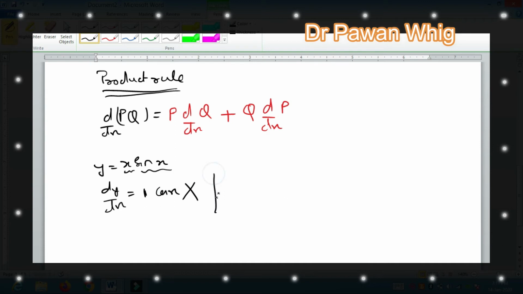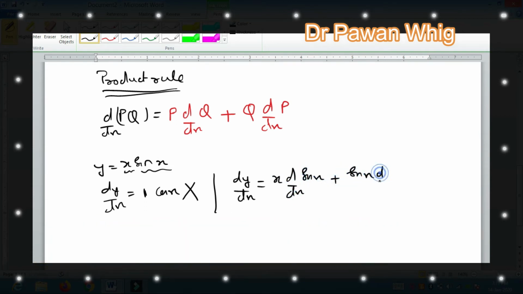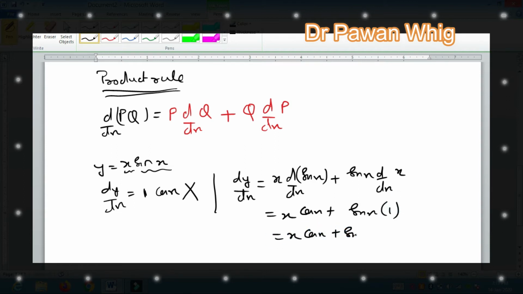So what you have to do is apply the product rule here. The differentiation is equal to, one part you keep the same and differentiate the other part, then you keep the second part the same and differentiate the first one. That is equal to x times the differentiation of sin x, which is cos x, plus sin x times the differentiation of x, which is 1. So this would come as x cos x plus sin x, which is the net answer. Mind it, wherever the product rule is applicable, if you do not apply it, then your answer will be straight away wrong.